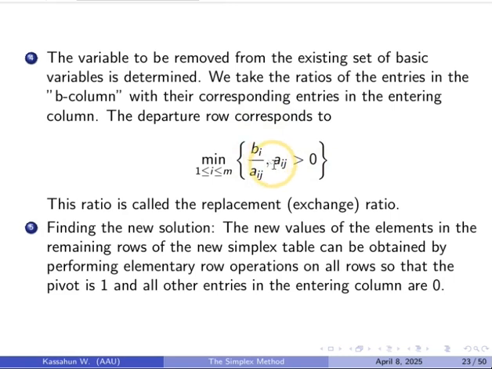Finding the new solution. The new values of the elements in the remaining rows of the new simplex table can be obtained by performing elementary row operations on all rows so that the pivot is 1 and all other entries in the entire column are 0.